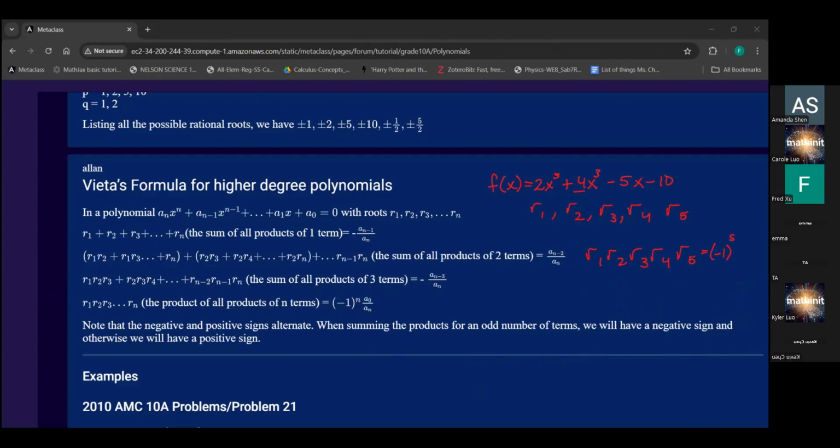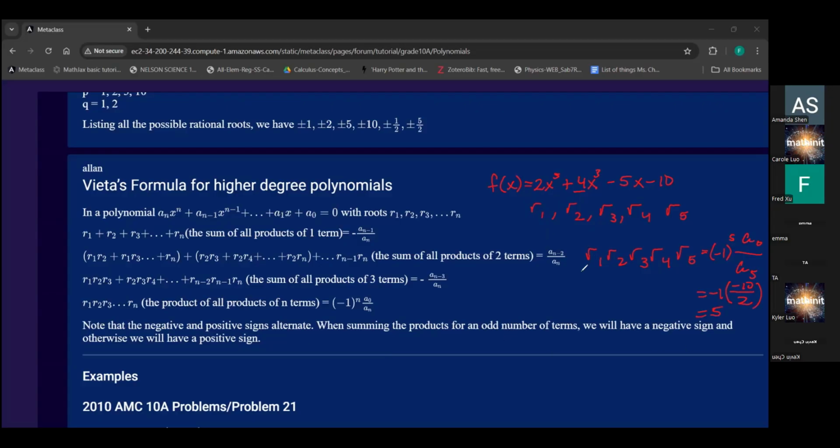And that times the constant, so a of 0 over the leading coefficient. So in this case, a of 5, and this is negative 1 times itself 5 times. Because this is an odd number, that just turns out to be a negative 1. And this times a of 0, which is negative 10, divided by the leading coefficient, which is 2. These two negatives cancel out, so this just becomes